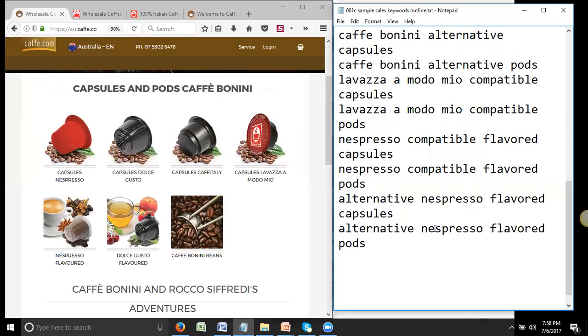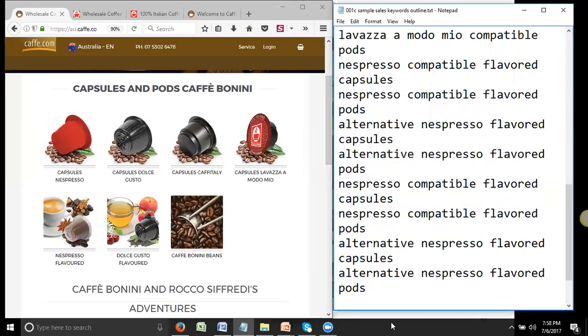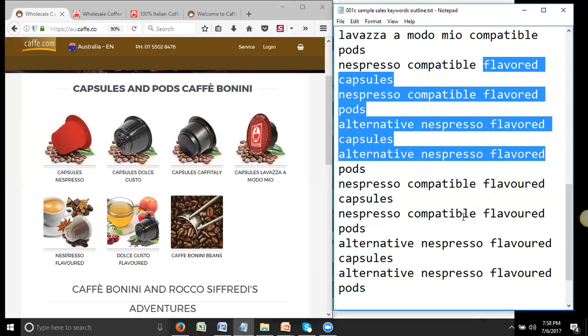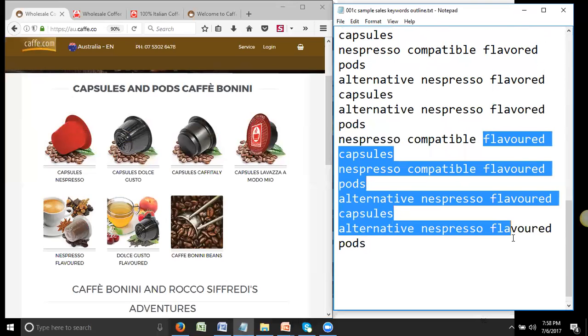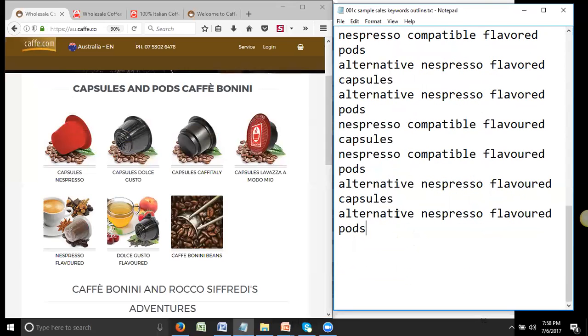Okay, and in this case, I can copy this because there are two spellings that you can use to spell the word flavored. The American way is with the O, but the European way, you might add a U here. And some people might use these variations. So you have the flavored version with the O, and you have the flavored version with the O and U. So that's something that you have to do as well. And I just noticed that here. And repeat that for